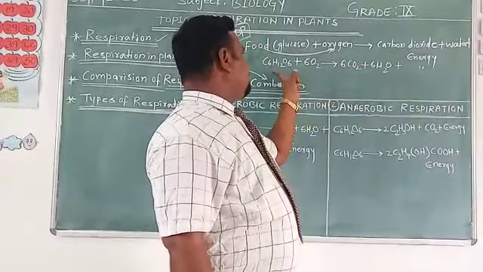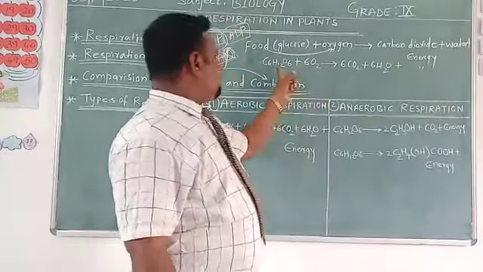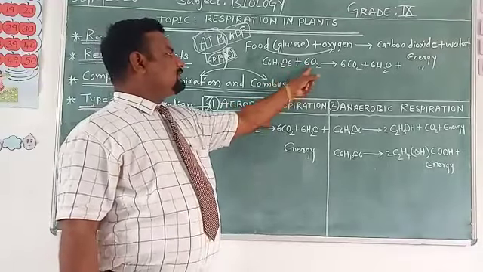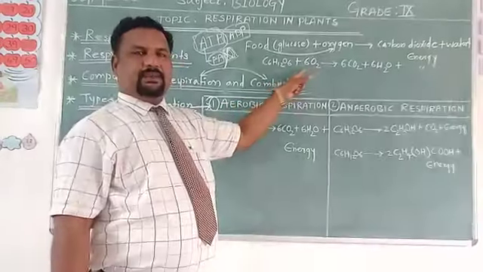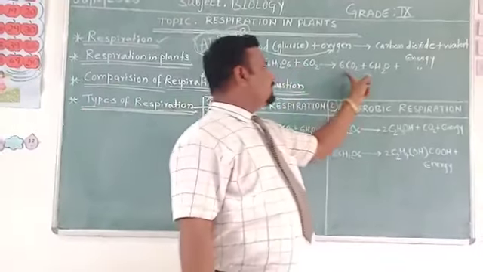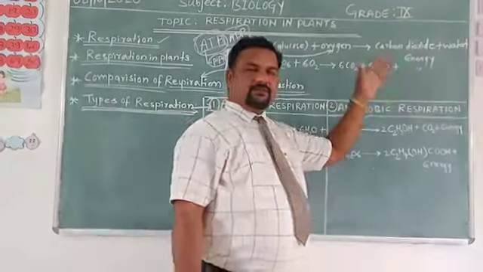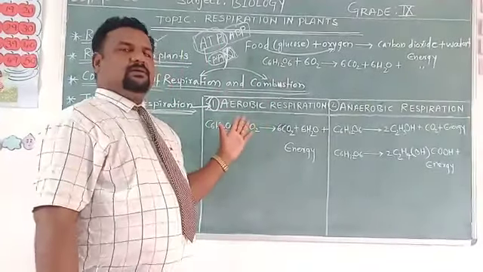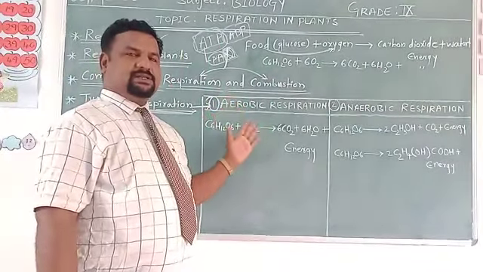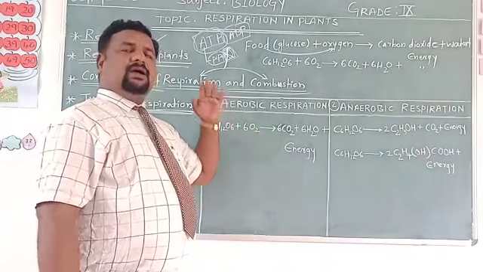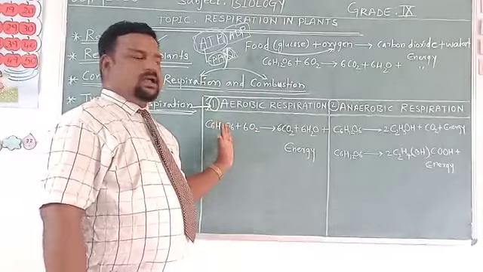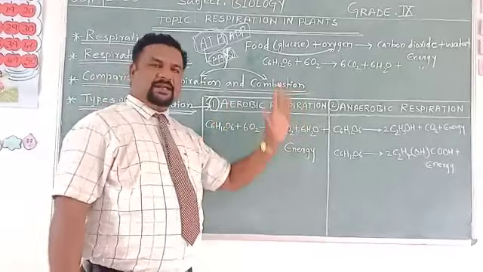Here, down below, the chemical equation is given. Here glucose plus oxygen: the molecule of glucose is getting split, oxidized, broken down, and producing what? Carbon dioxide and water. Therefore we say that aerobic respiration always takes place in the presence of oxygen. What exactly happens here? In the presence of oxygen, the food molecule is oxidized and the end products will be carbon dioxide and